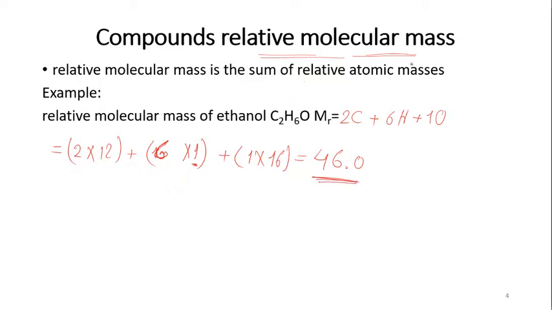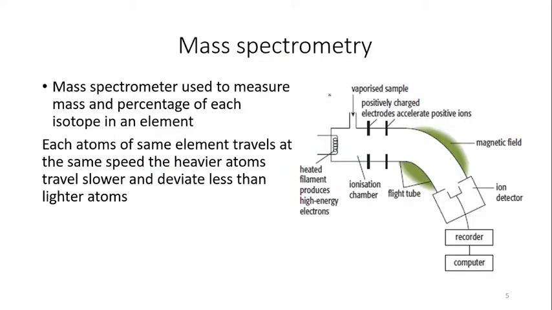The relative atomic or molecular mass is a dimensionless unit because it is actually the sum of relative atomic masses, which is also a dimensionless unit. Mass spectrometry: the mass spectrometer is used to measure the mass and the percentage of each isotope of an element. In this mass spectrometer, we vaporize a sample and we let it travel through